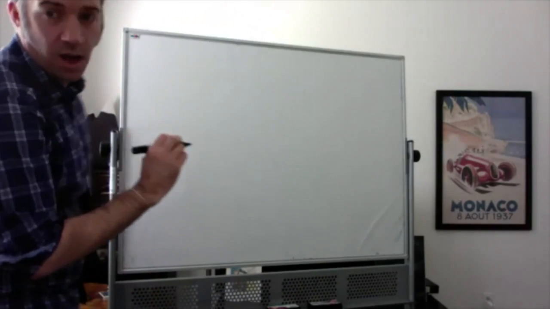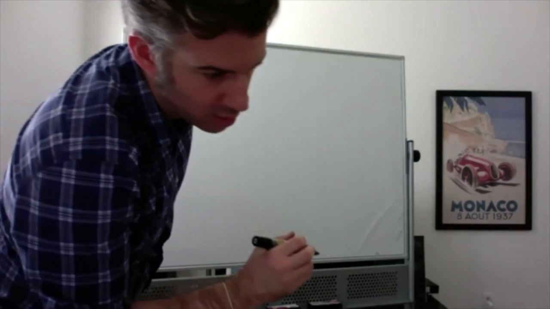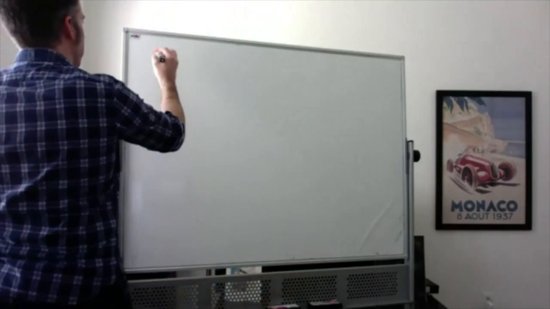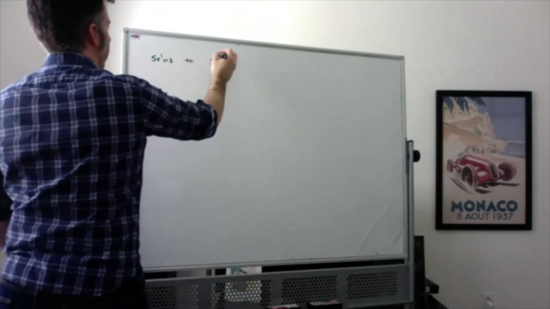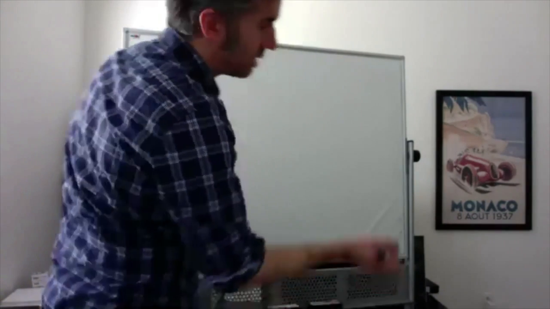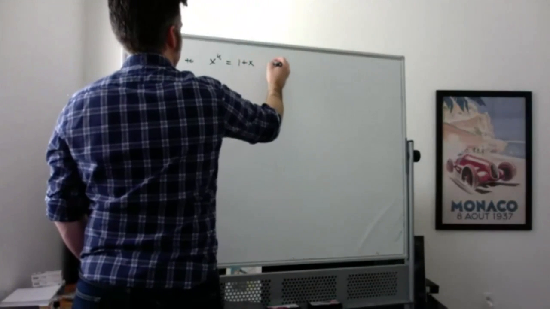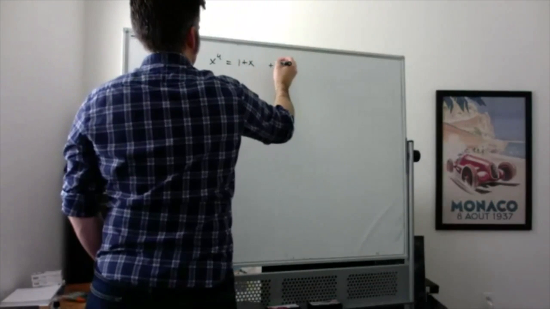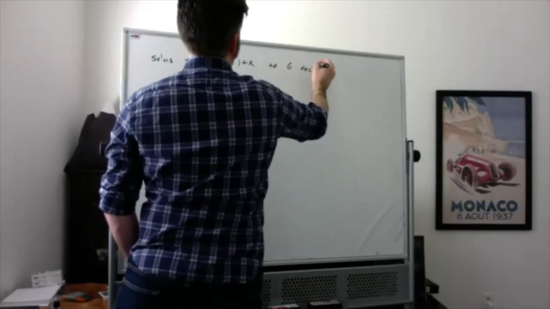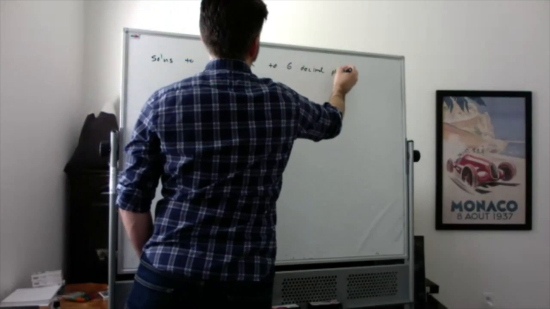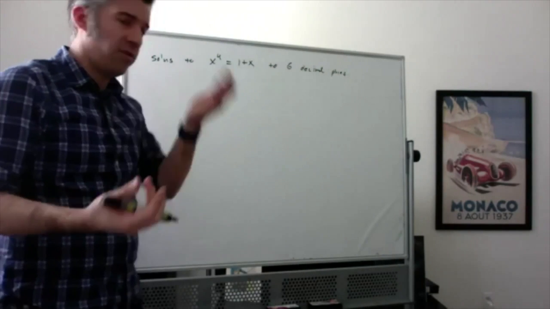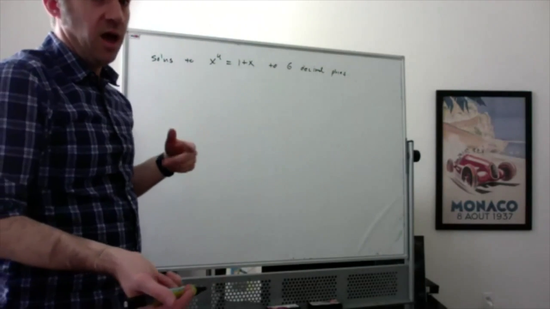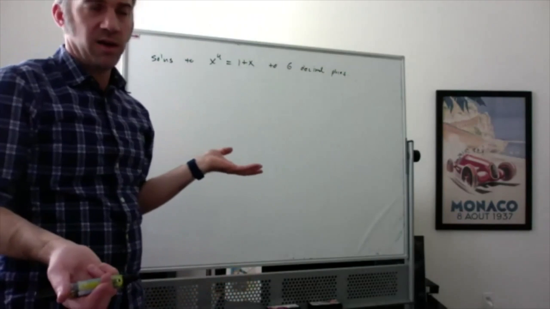Okay, so here is the problem. We want to find solutions to x to the 4th equal to 1 plus x to 6 decimal places. Okay, so whenever you're trying to solve an equation like this, or to approximate solutions to an equation like this, you really want it to be equal to 0, right? Kind of like with,